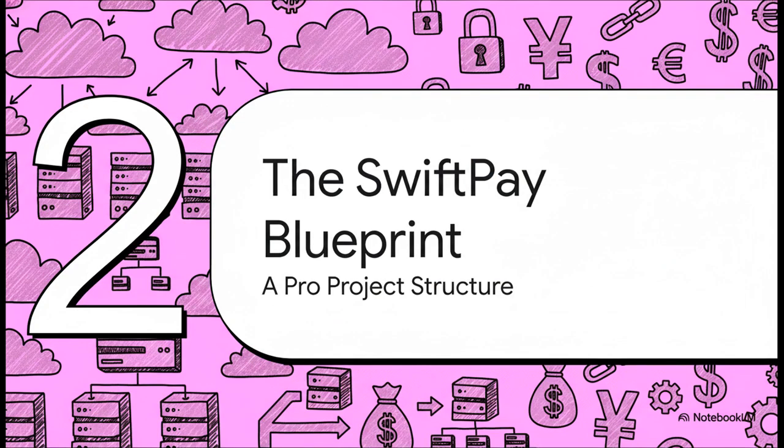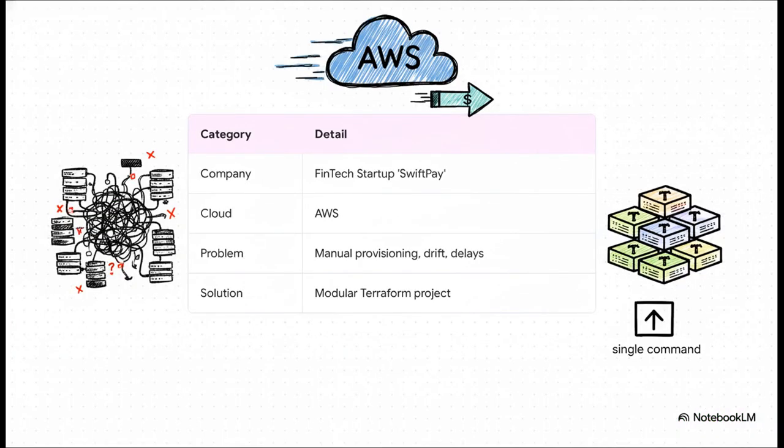All right, enough talk. Theory's over. Let's get our hands dirty and dive into the real-world project we're going to build for our fictional fintech startup, SwiftPay. And this isn't some toy Hello World example. This is exactly the kind of foundational work you'd be doing in your first month on a new DevOps job. So here's the mission. We work for SwiftPay, a hot new startup on AWS. The problem is total chaos. Different dev squads are manually creating resources in the console, leading to this nightmare called configuration drift, where what's actually running in the cloud no longer matches what you'd think is running.